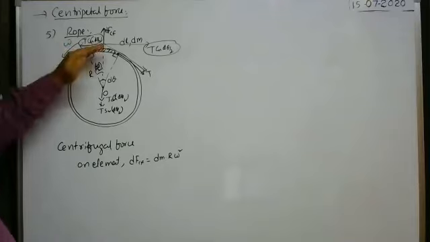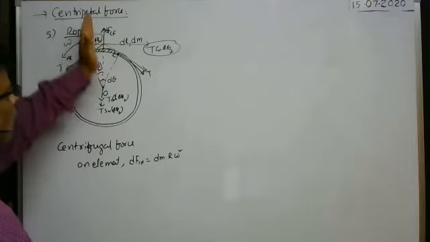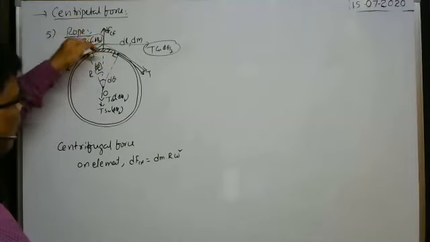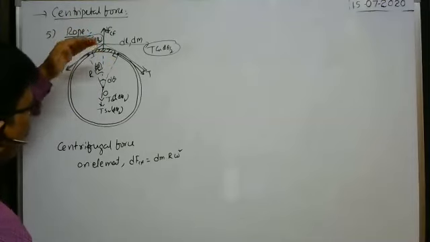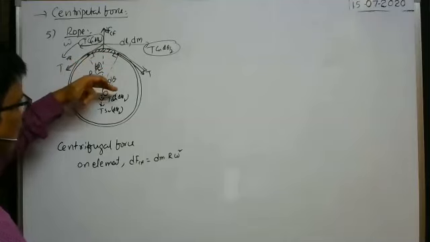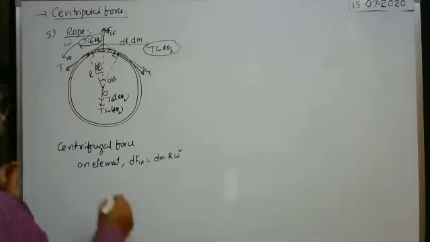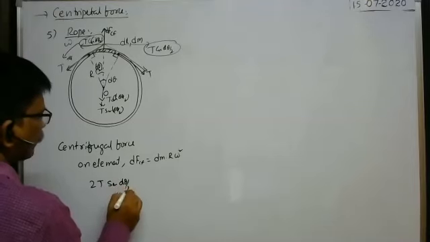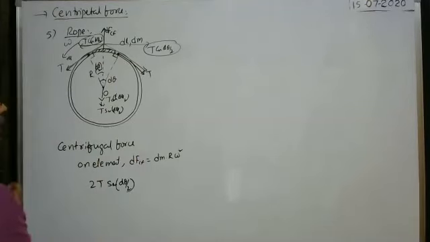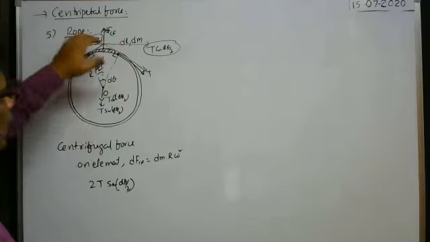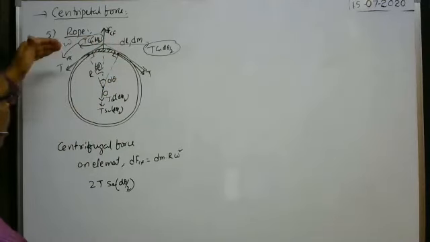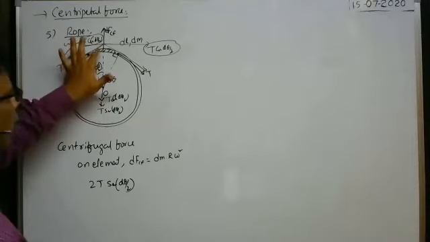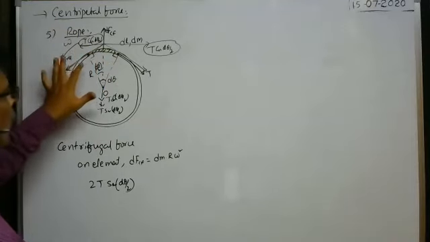So on the element in the diagram, along the vertical direction, centrifugal force acts on the element upwards, and on the same element the components of the tension, T sin(d theta by 2) and T sin(d theta by 2), that means 2T sin(d theta by 2), act towards the center. Even then, as the rope is in equilibrium and rotating constantly with angular velocity omega without breaking, the net force on each and every element in the loop is 0.